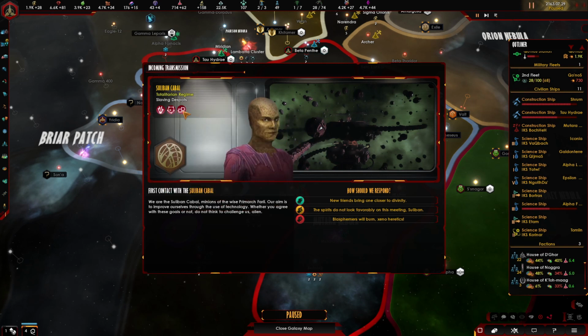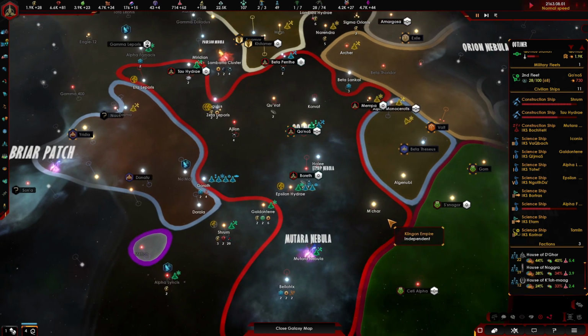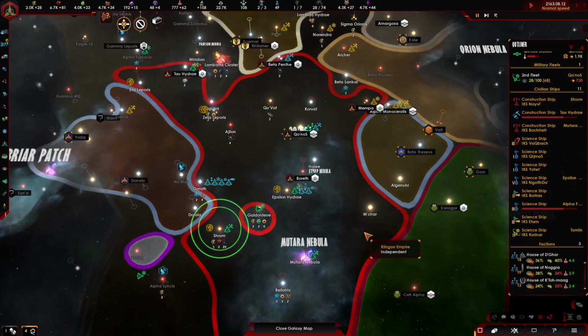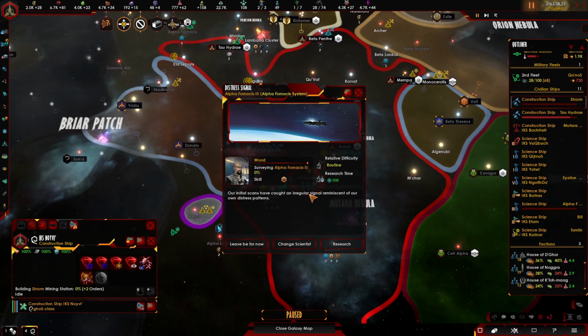Authoritarians and stuff could be potential allies here. So, yeah, the spirits do not look favorably on this meeting, Suliban, but we're not hating you and we're not fully befriending you. Pacifists, I don't know if I want to be friends with them, if I'm honest. Like, fully friends with them. I don't want to come across as the Borg or anything, but I wouldn't mind being in some alliances, but with some open-minded, sort of similar empires, not ones that are going to